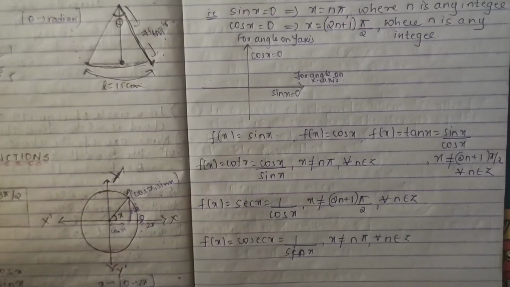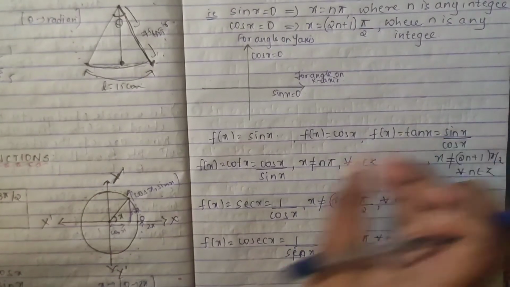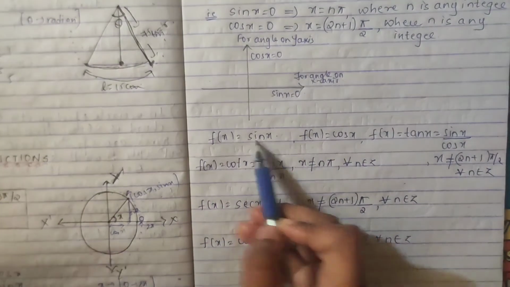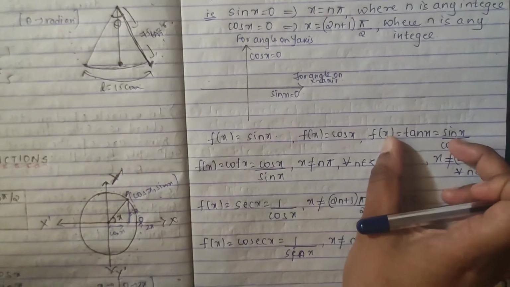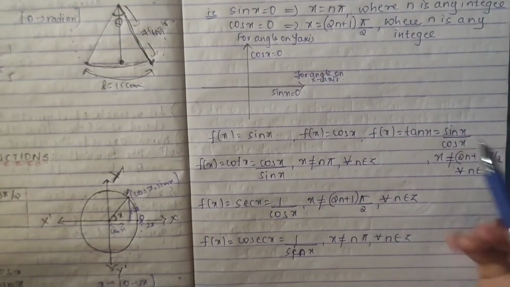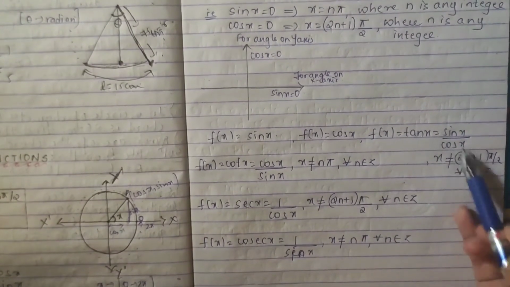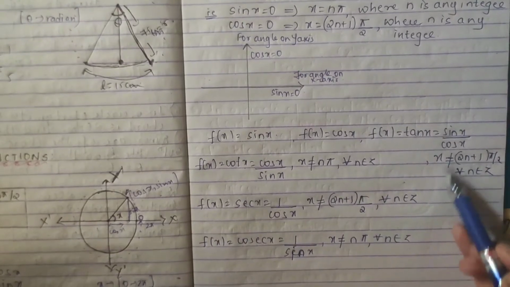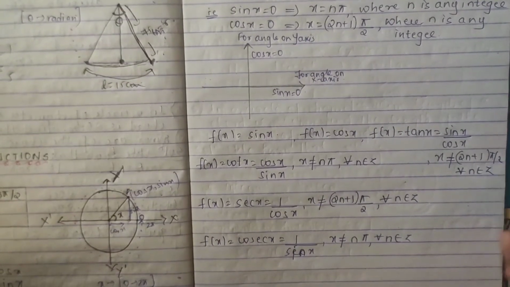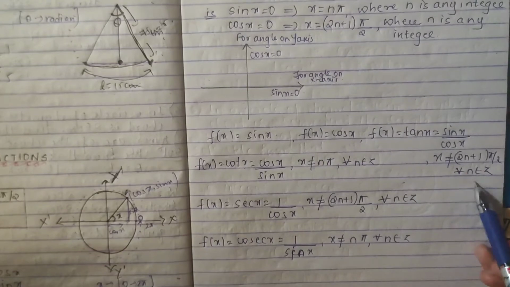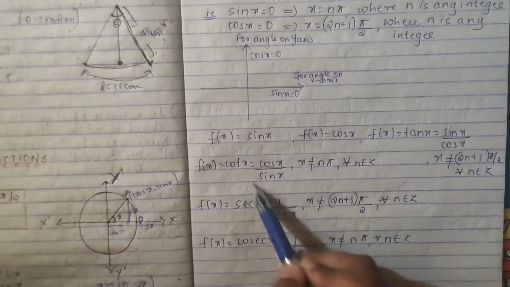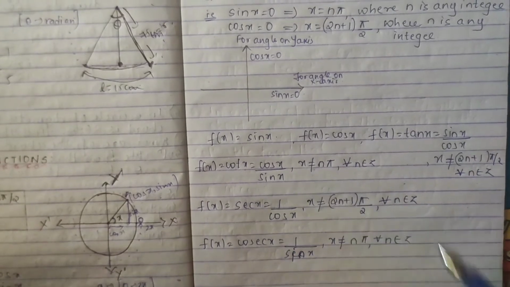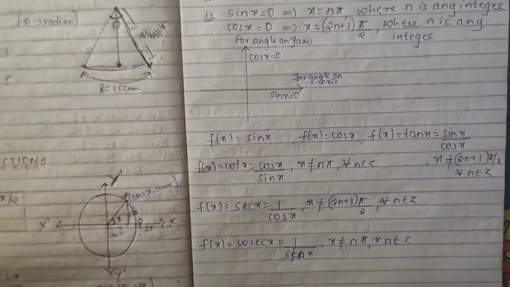And the same applies for tan, cot, sec and cosec. See, for sin and cos we have shown the angles. Now tan is sin by cos, right? And cos is 0 at odd multiples, so this shouldn't be equal to 0. So you write x is not equal to (2n plus 1) times pi by 2, for all n belonging to Z. Even cot is given by cos by sin, and sin should not be equal to 0, that is, x is not equal to n pi. Same with sec x, same with cosec x.